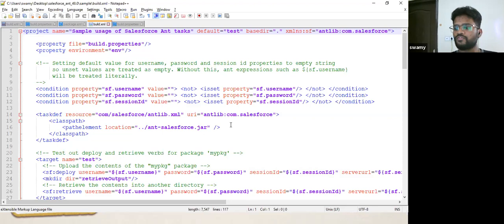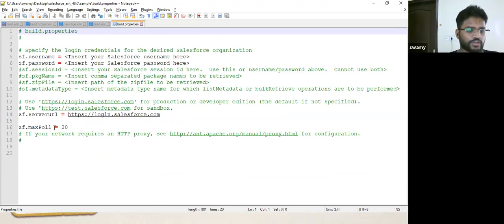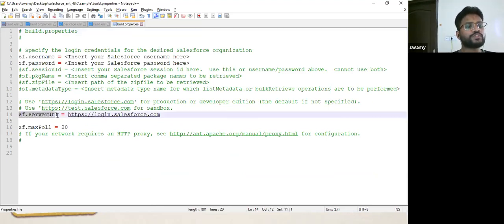In this file as well, there are different things specified. First, the property file build.properties and your environment. And I guess I missed one thing here. Sorry, guys. The sf.url property also has to be defined here. This URL will contain the URL from which you want to retrieve and to which you want to deploy.